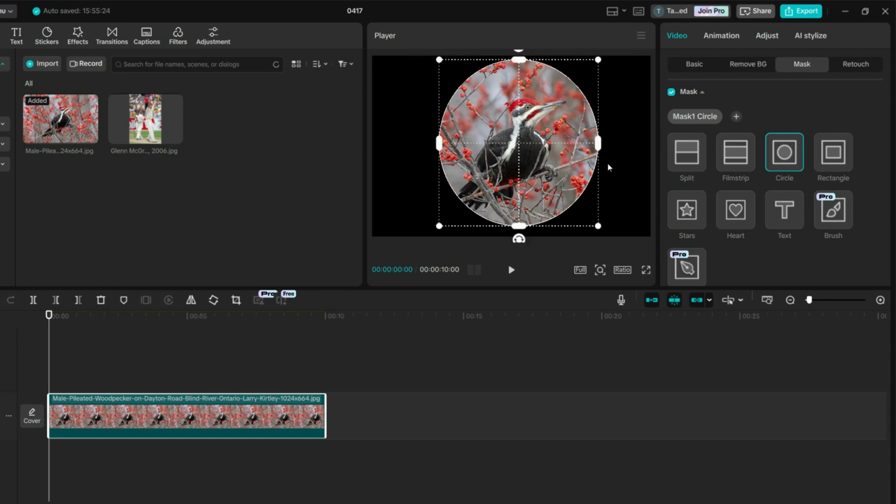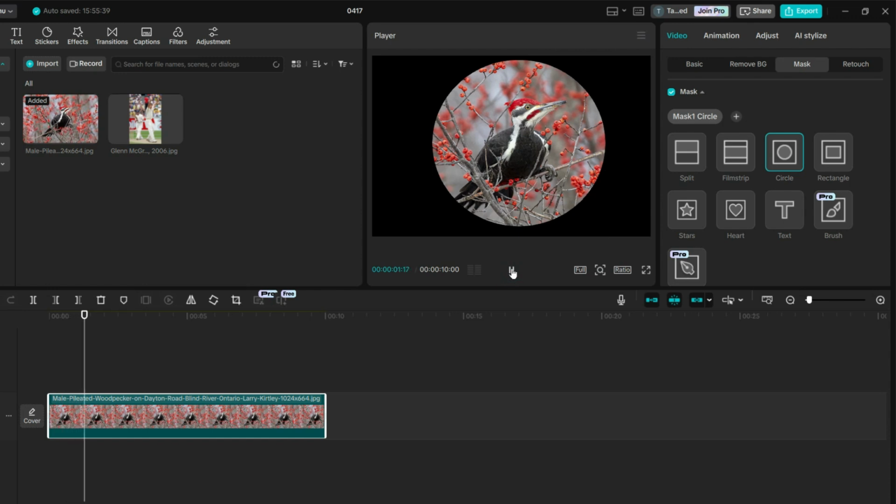This seems much better. If you want to increase from this side, you can also increase from this handle. So once you have done it, let's play it to see how it looks. So here you can see that the photo is in circle shape. So in this way you can easily make your photo in circle